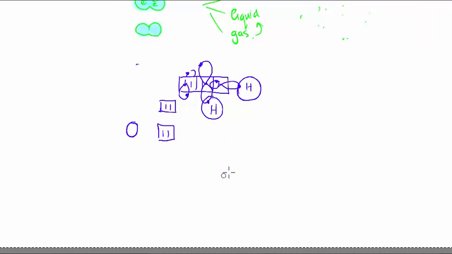So let me draw for you the molecule roughly. So let's say there's my oxygen atom, and here's my hydrogen atom, and my other hydrogen atom. Okay, now